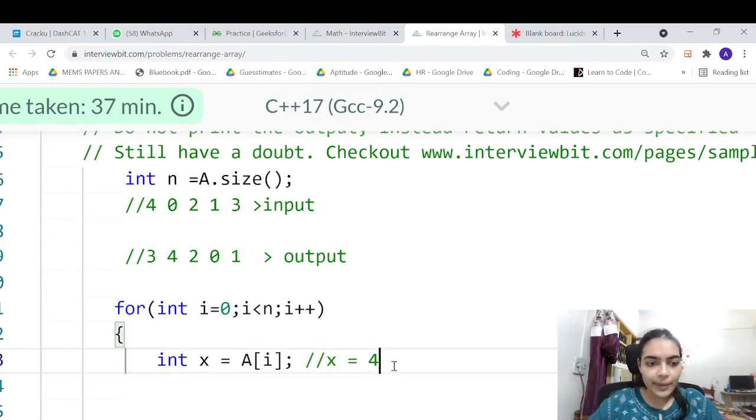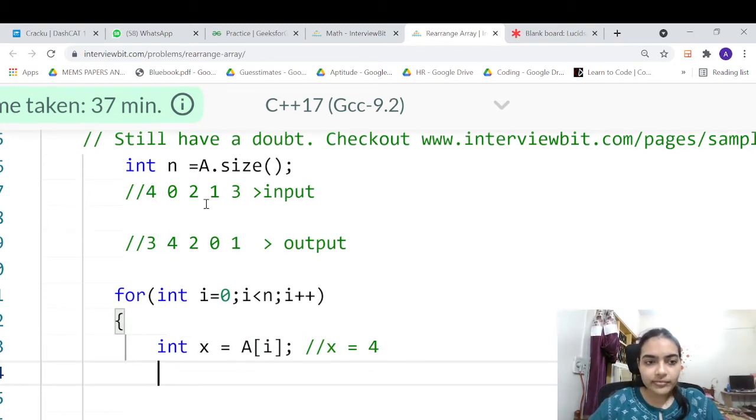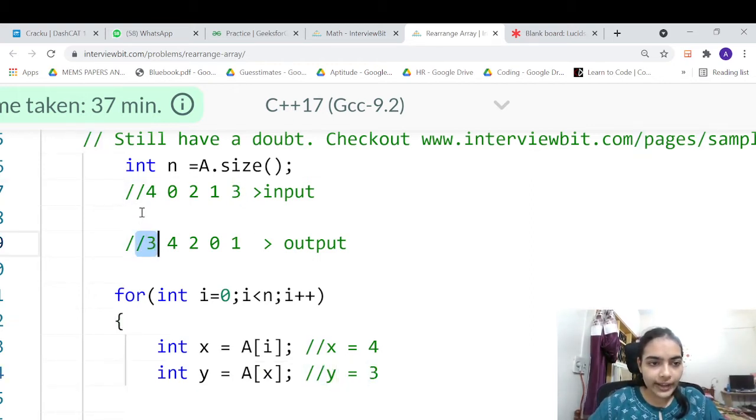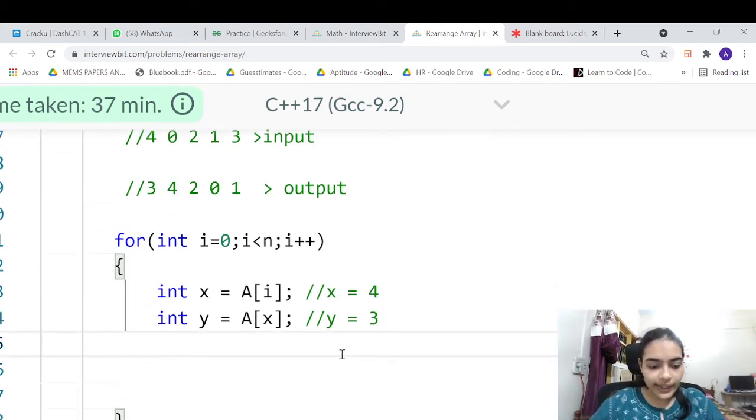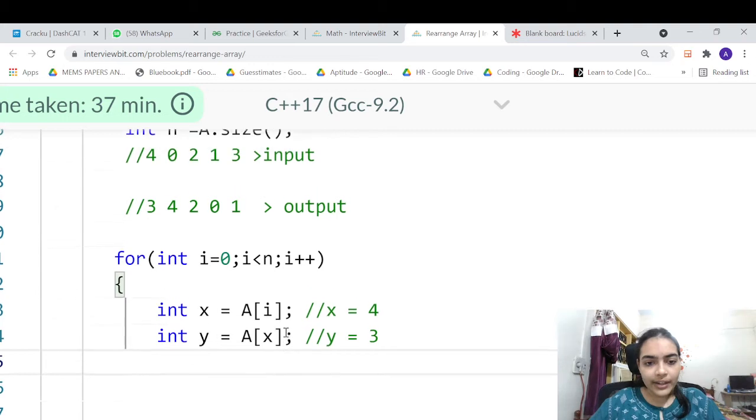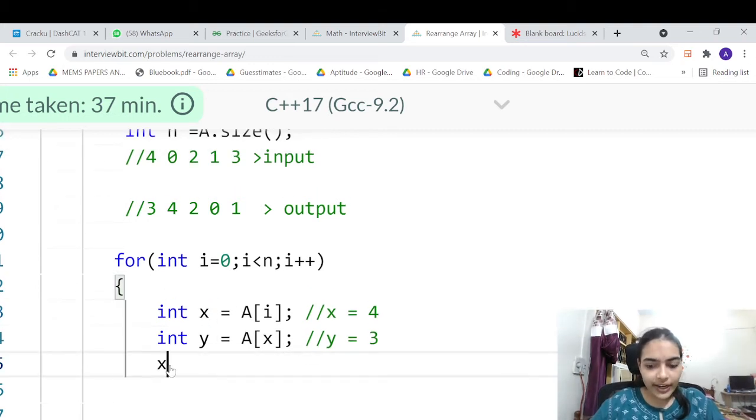We have got the array. Now let us take the value that we want. We want 3. How will you get 3? Let me take another variable y. You can simply take a of x, and that will give you the number that we want. So y is equal to 3. We want to store 3 in our output array in this place. So what is the little trick that we are doing? We take the number that we currently have, x, and we add to it the number y.